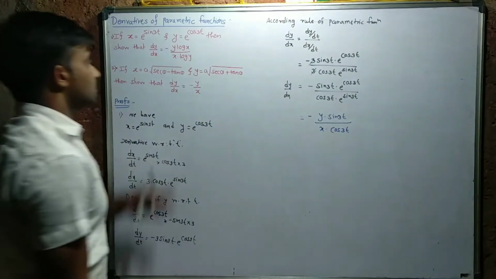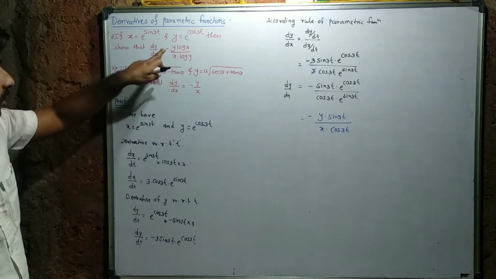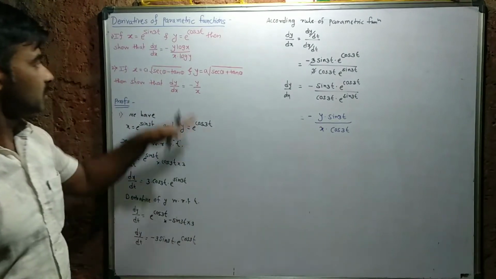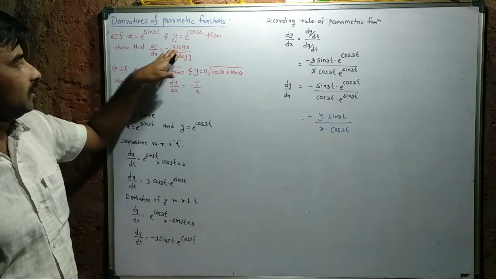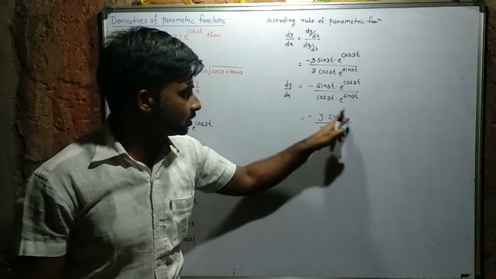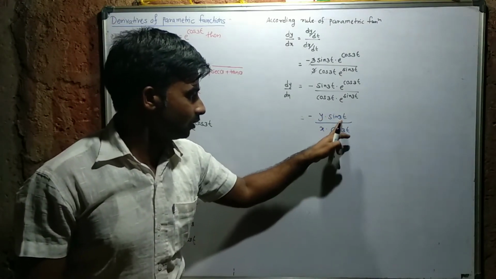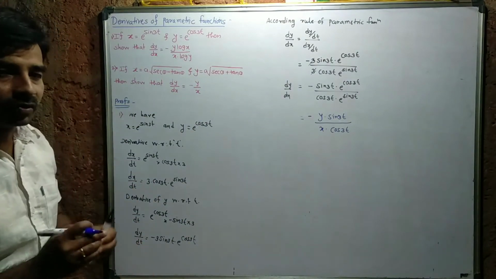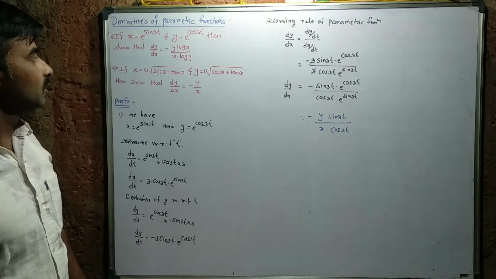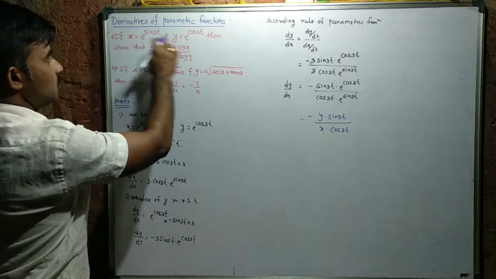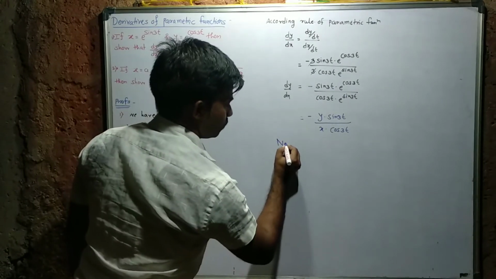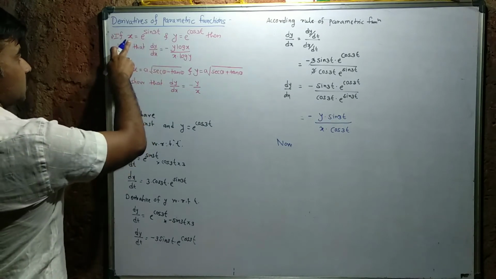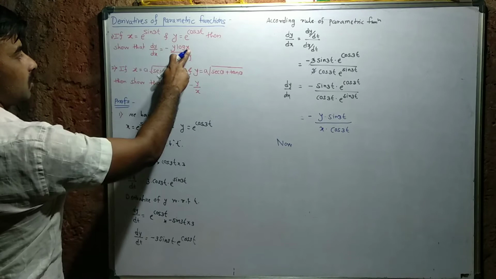But it is also not in a well-formed format. y and x are present here, but now sin 3t and cos 3t are not here, because what we have to show contains y into log x, that means y into log x is here and x into log y is here. That means there is a different requirement, and for this purpose we have to think about the given parametric functions. By using these two functions, first of all we have to think here x and y are given, but not log x and log y.